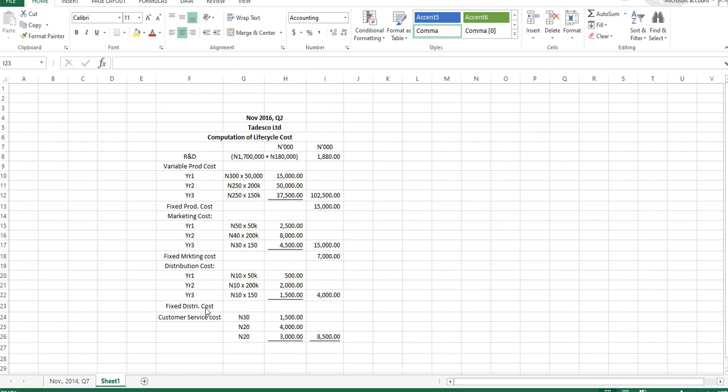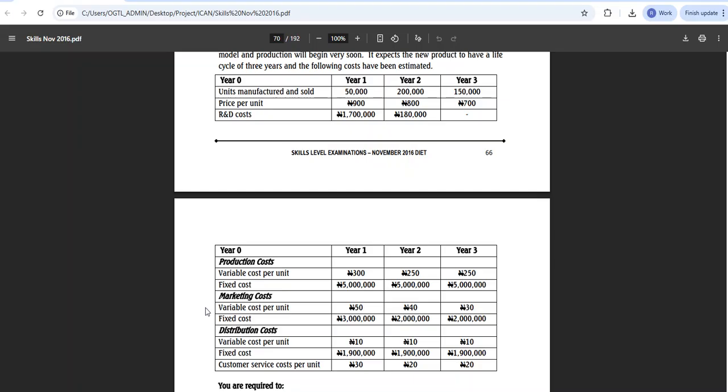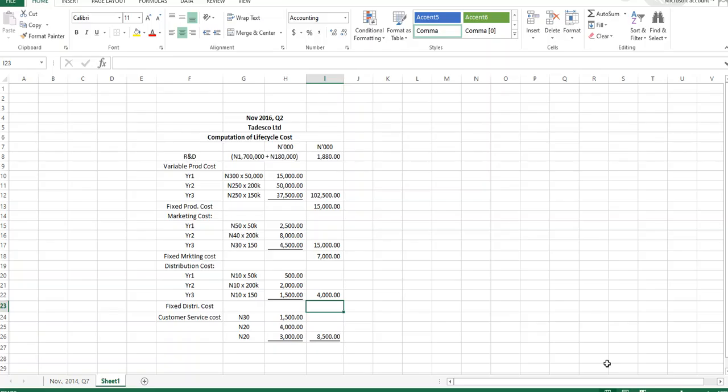What's our fixed distribution cost? 5,700. So 1.9 times 3. 19 times 3 is 57, right? That is 5,700. Any other thing that we've not added? That's it. So in the absence of any other thing,